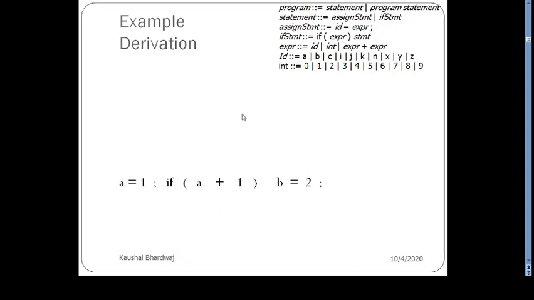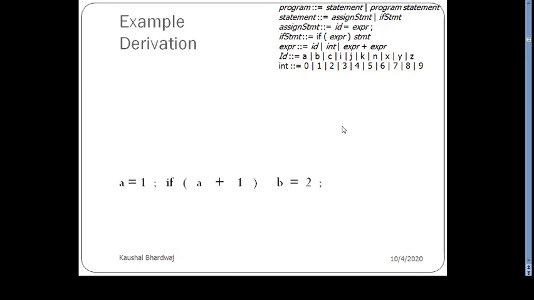This is a program, whether it is or not. If this is a program, then this program has a statement and a program. Since here we can understand there are two semicolons, there are two statements. In that case, in the first statement we will take a program. The first rule will be program gives program a statement. With one statement we will have this thing, and then with one program we will replace the next program with a statement, and so on.